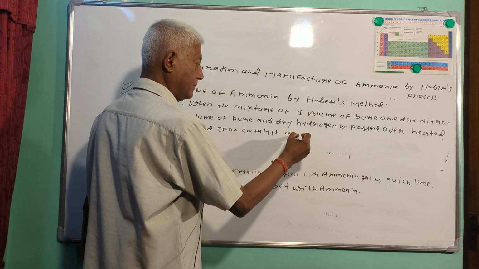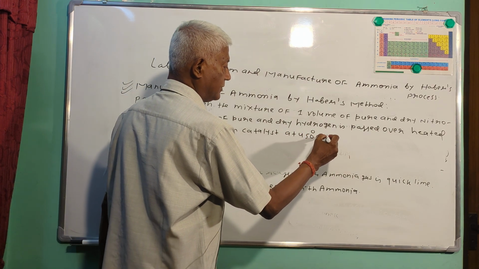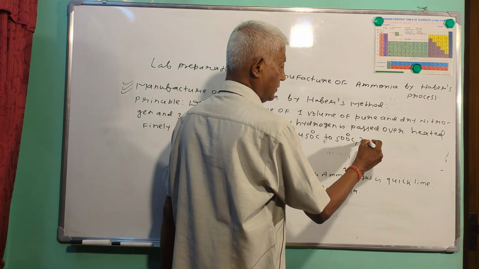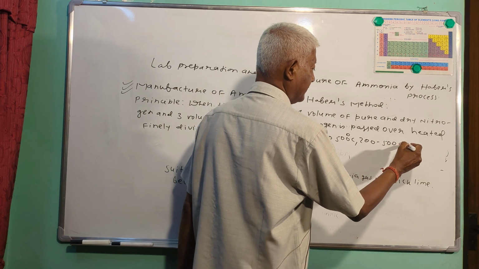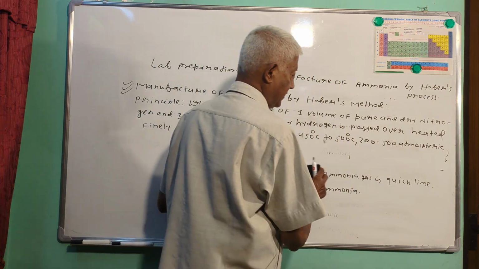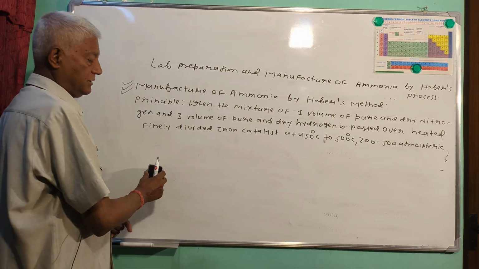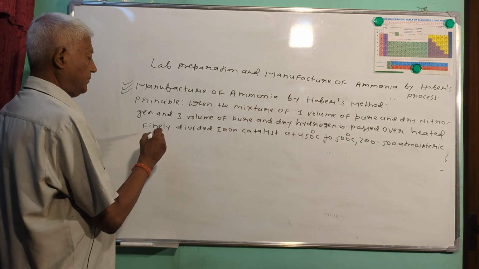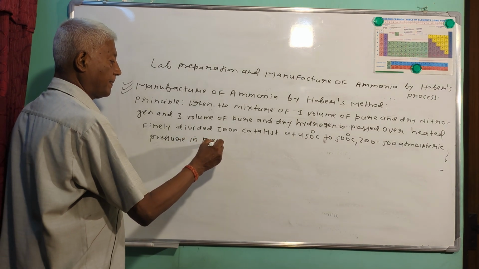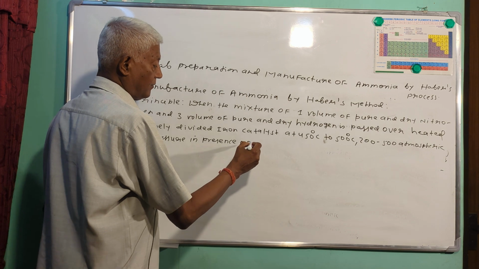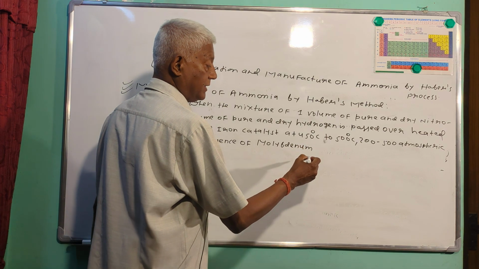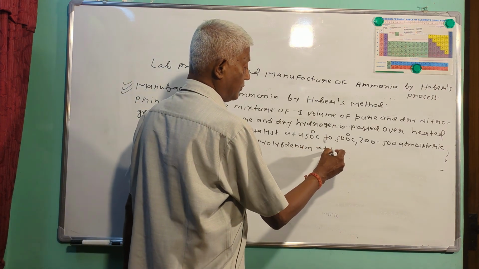at 450 degrees centigrade to 500 degrees centigrade, 200 to 500 atmospheric pressure. 1 atmospheric pressure is 760 millimeter of Hg pressure, in the presence of molybdenum as a promoter,